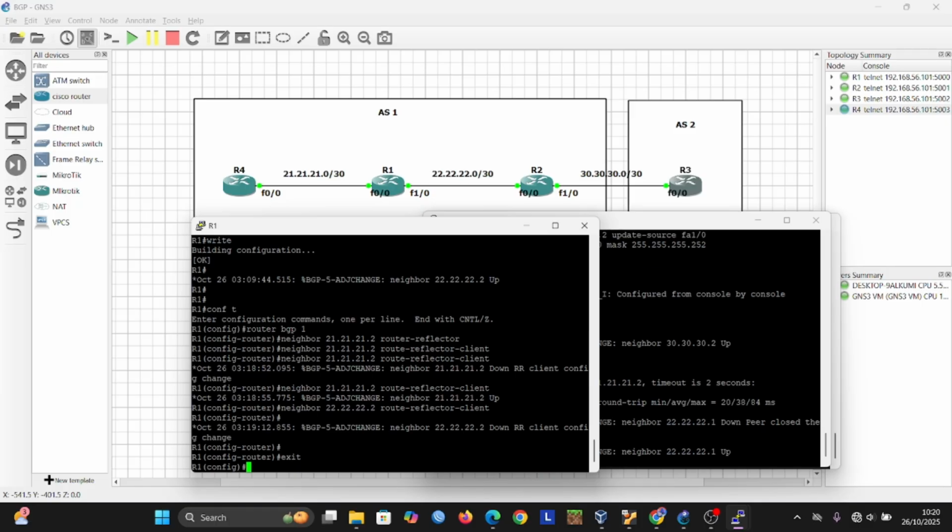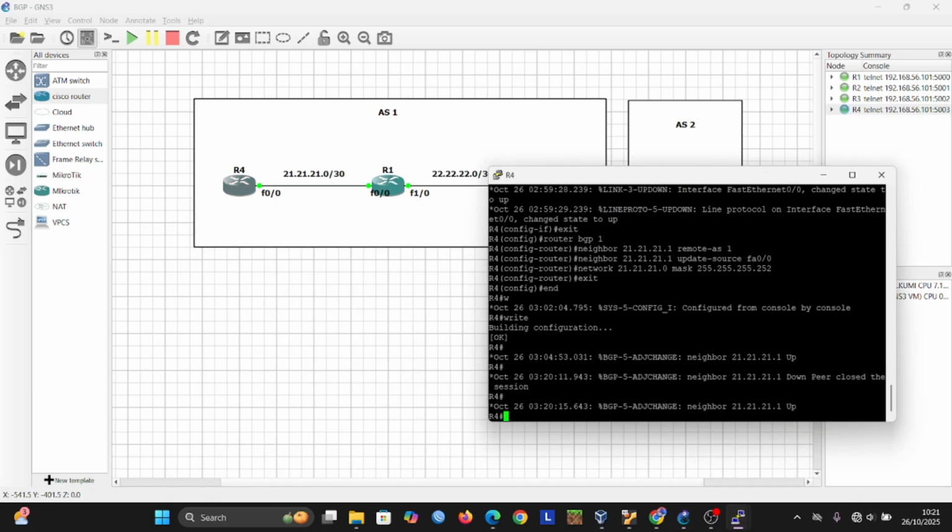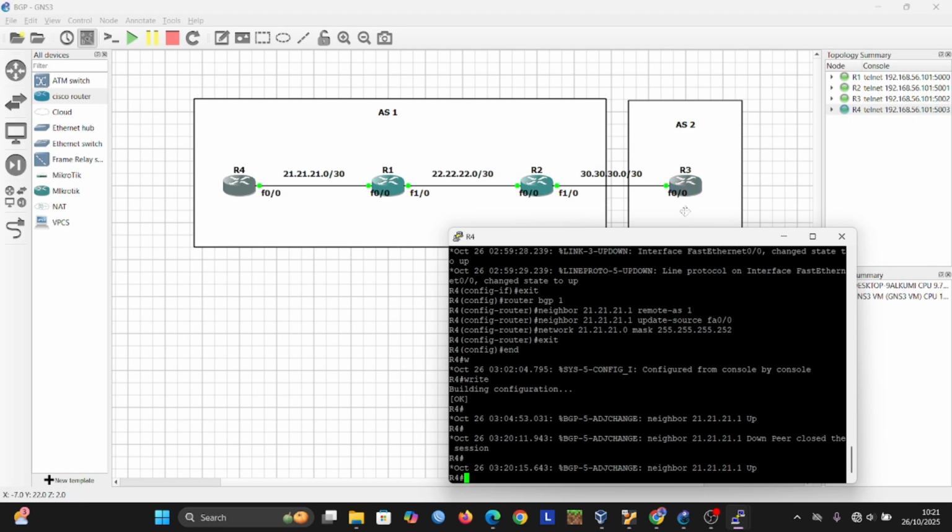After this, we will try to ping from router 4 to router 3.